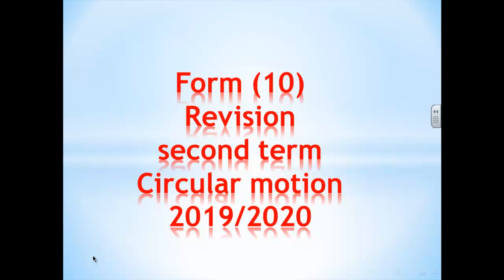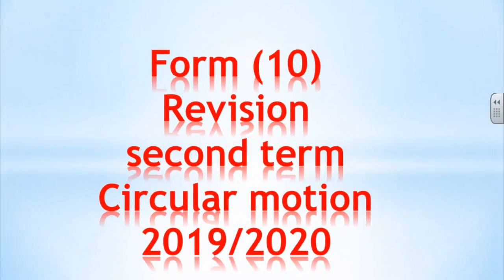Form 10 revision, second term, circular motion. Choose. Number 1. The centripetal acceleration arises from the change in the direction of velocity, and the unit of measuring the centripetal acceleration is... Answer: number B. Due to the centripetal acceleration is a type of acceleration, so the centripetal acceleration has the same measuring unit